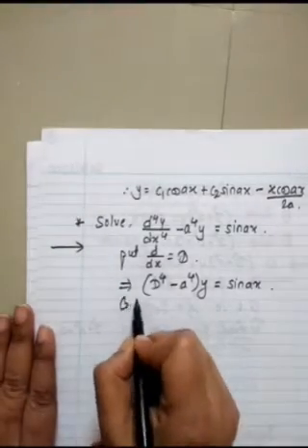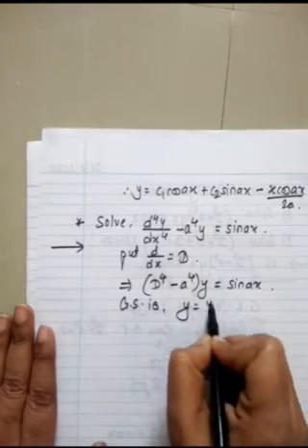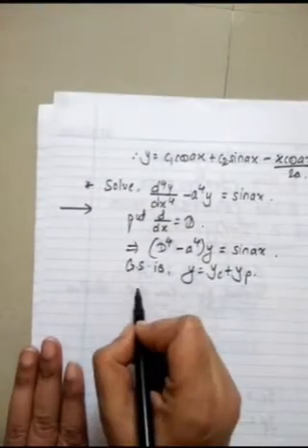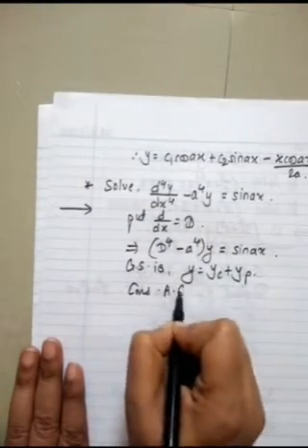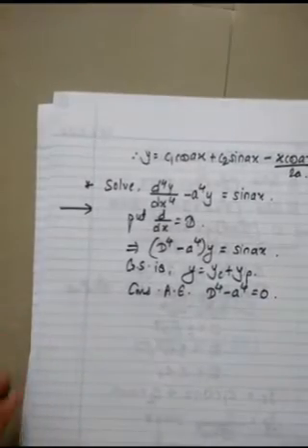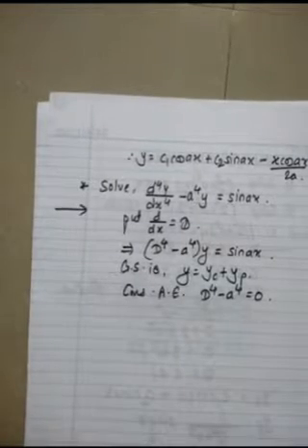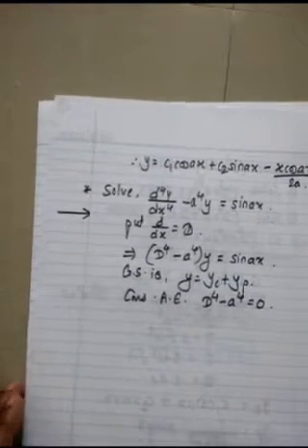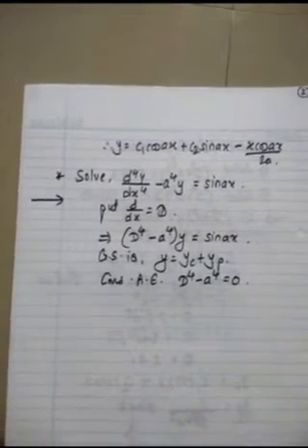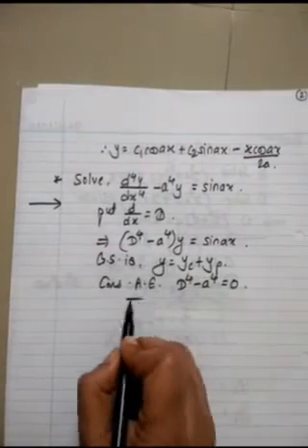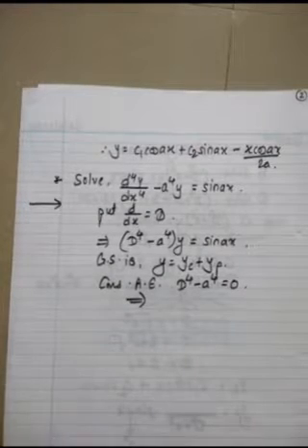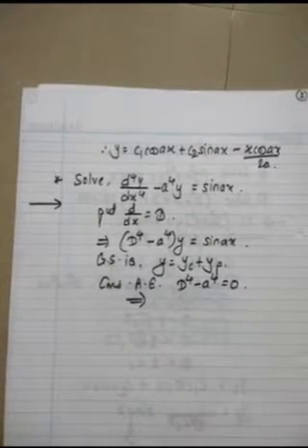So its general solution is y is equal to yc plus yp. For yc, you have to consider the auxiliary equation D raised to 4 minus a raised to 4 is 0. So how to find the roots next? You want values of D. What should we do? There are two standard forms. Either it can be a square minus b square or a square plus b square.